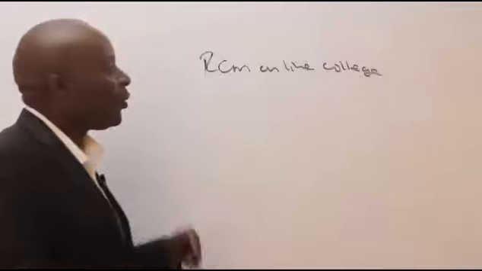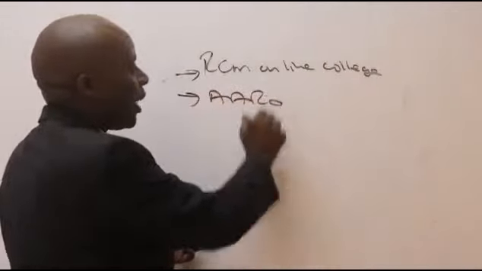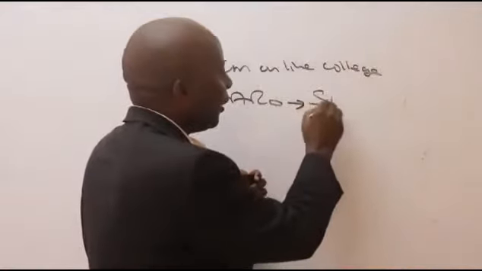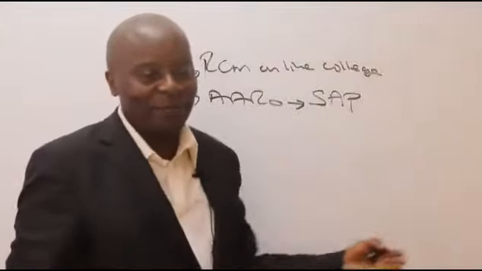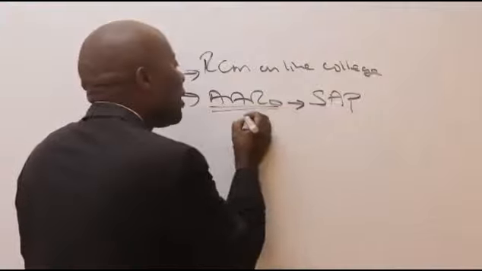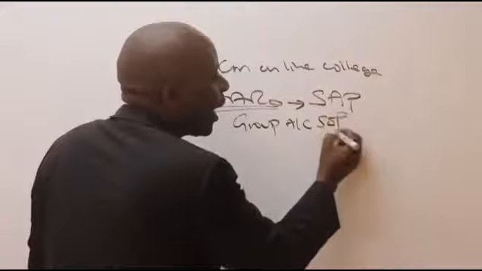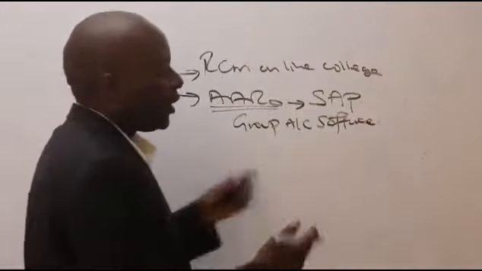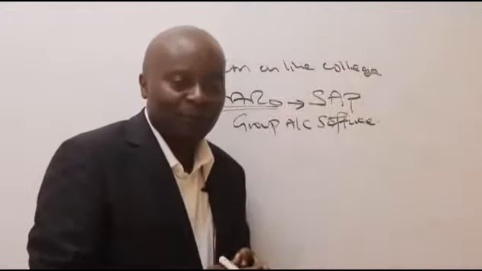Now, when I'm not teaching, what do I do? I'm a full-time employee of a company called Arrow. Arrow is a company which, ladies and gentlemen, happens to be a competitor of SAP. You must have heard of SAP ERP. And Arrow is basically a company that provides group accounting software solution, a very famous software solution that is used by a group of companies here to consolidate their performance,